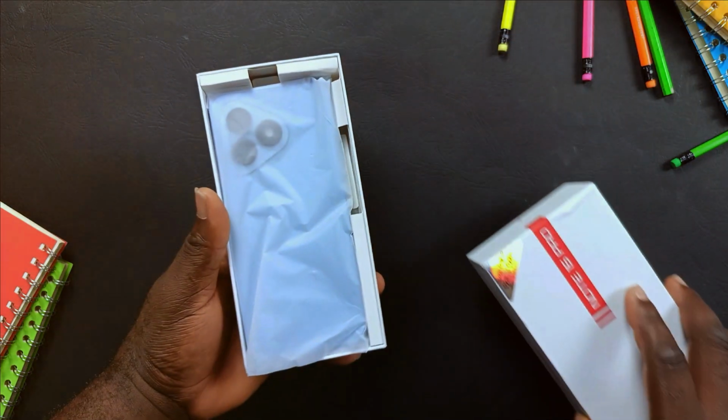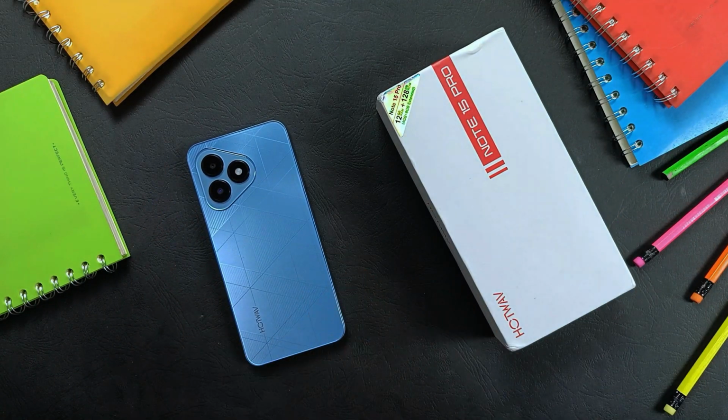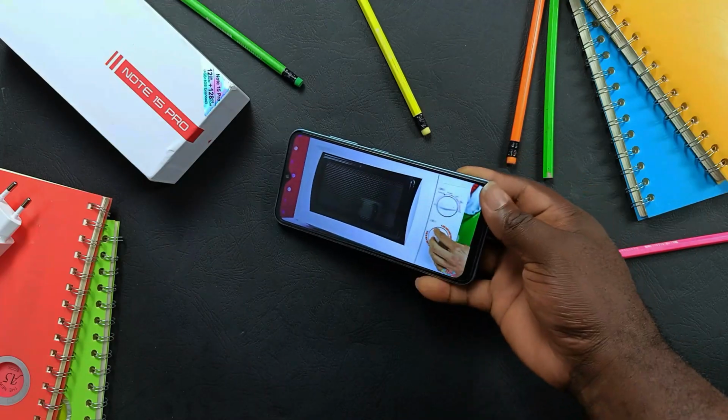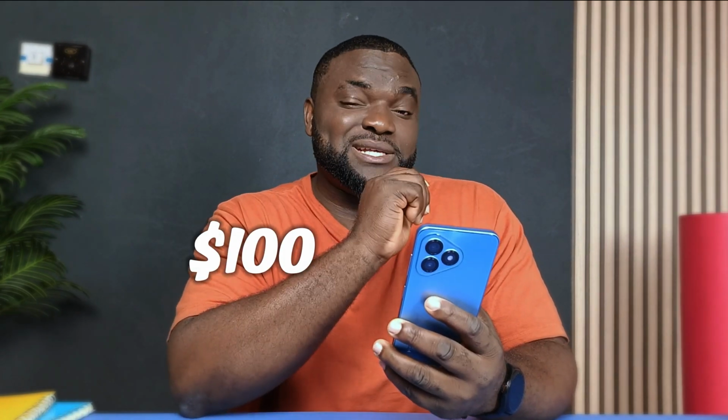Okay, so 2024 is drawing to a close, but not for smartphone brands. This right here is the all-new Note 15 Pro. It comes with a cool display and a sweet looking design. Honestly, I like it. Now this one is not 5G, but for the price of $100, you're getting specs like the